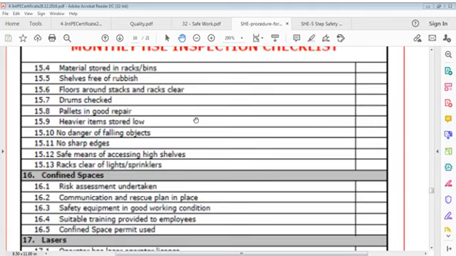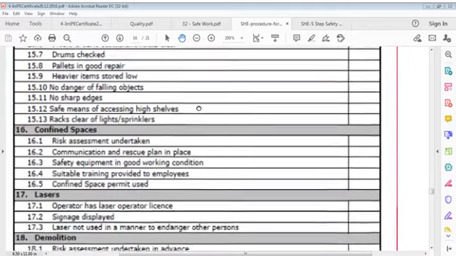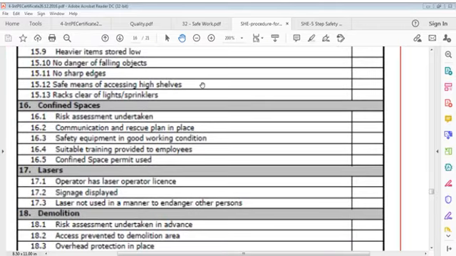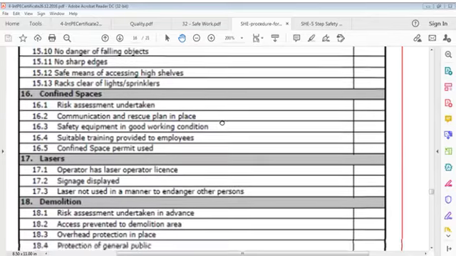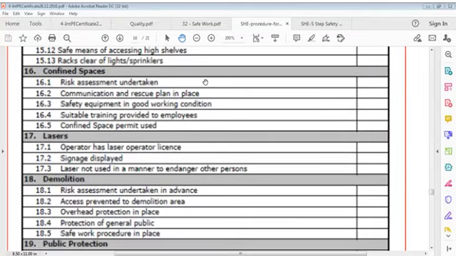Heavier items stored low, no danger of falling objects, no sharp edges, safe means of accessing high shelves, racks clear of lights, sprinklers. Confined spaces: risk assessment undertaken, communication and rescue plan in place, safety equipment in good working condition,